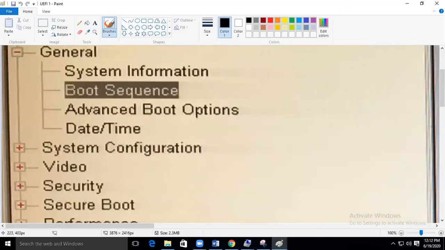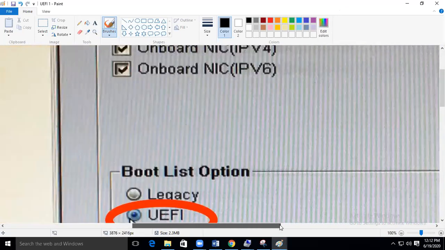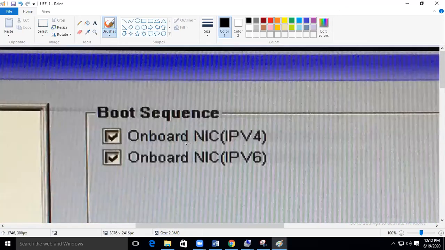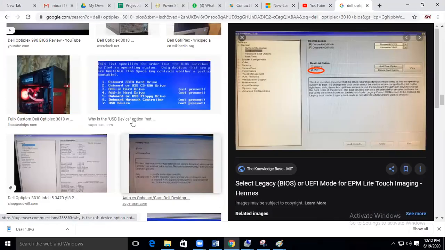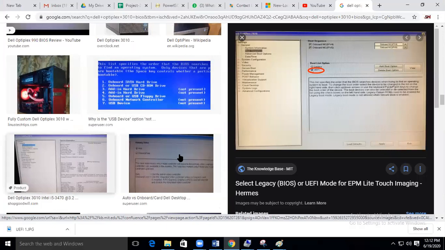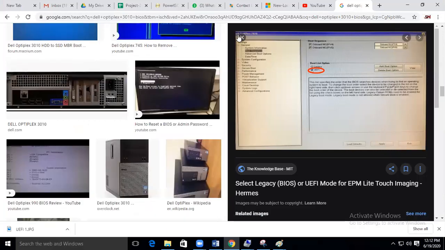You can see this option, boot sequence. This is a feature option which you will find in your BIOS on the left side of your computer. From there, you will see an option called BIOS. This is not exactly that, but which I've shown you previously. What is it? First boot device.